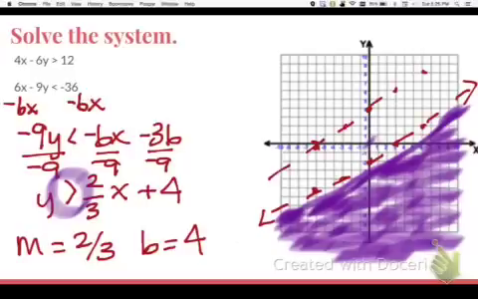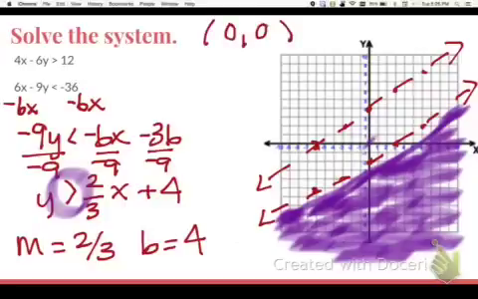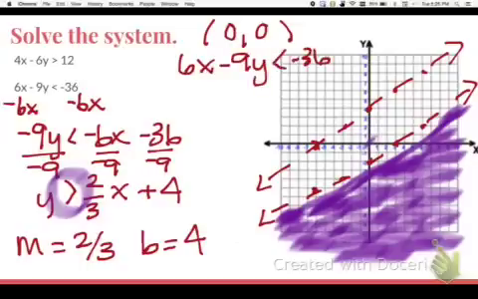Again, my reminder that I can't use a perfectly straight edge on this particular piece of technology, so you have to bear with me. But again, please use a ruler on your paper. I'm going to go ahead and use the test point 0, 0 again, because it doesn't fall on the line, to help me to determine which direction to shade. Okay, so just again, another reminder, use the original inequality